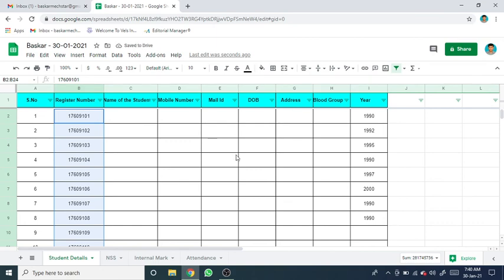Next, for example, here some numbers are available. Consider them as marks. I will modify that. I will delete it, delete all.